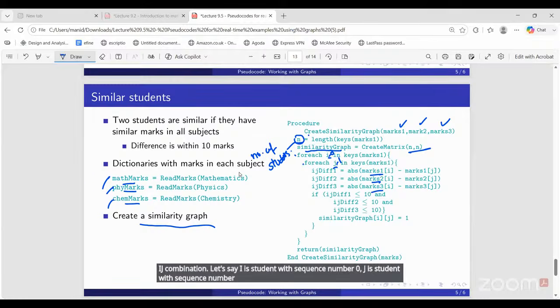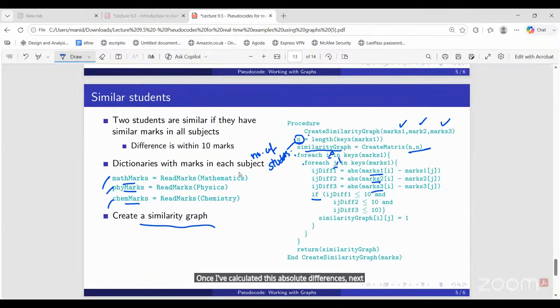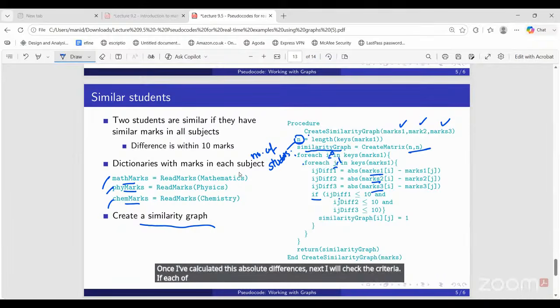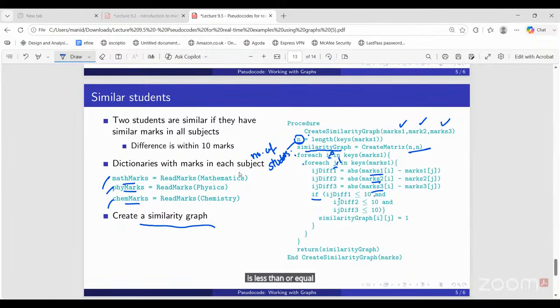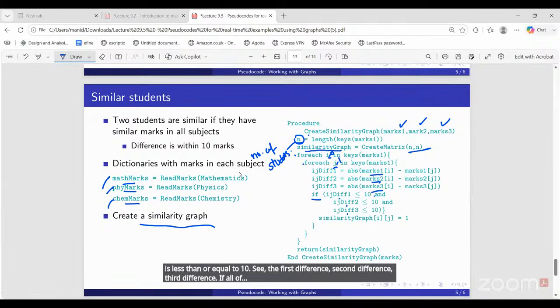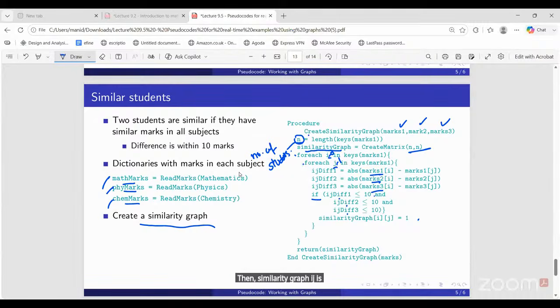Once I have calculated these absolute differences, next I will check the criteria. If each of these differences is less than or equal to 10, the first difference, second difference, third difference, if all three of these are less than or equal to 10, then similarity graph IJ is equal to 1. So that means if all of their differences are within this 10 marks magnitude, then they can be called similar students. So in the similarity graph, if IJ is set to 1,